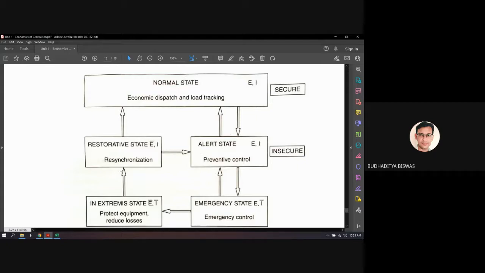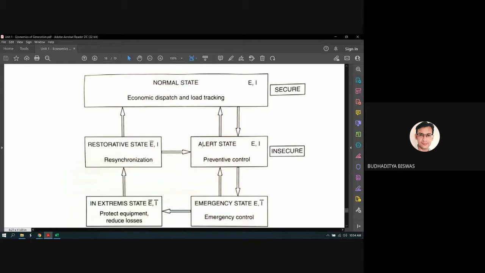It doesn't need to go to the emergency or this extreme state. But if it fails to generate, because here the control is not very easy, it's not like microprocessor control. To control this thing, first of all, we need to control the steam generation, then we need to control the steam pressure. So time will be taken. And within this time, if everything becomes normal again, it's fine.